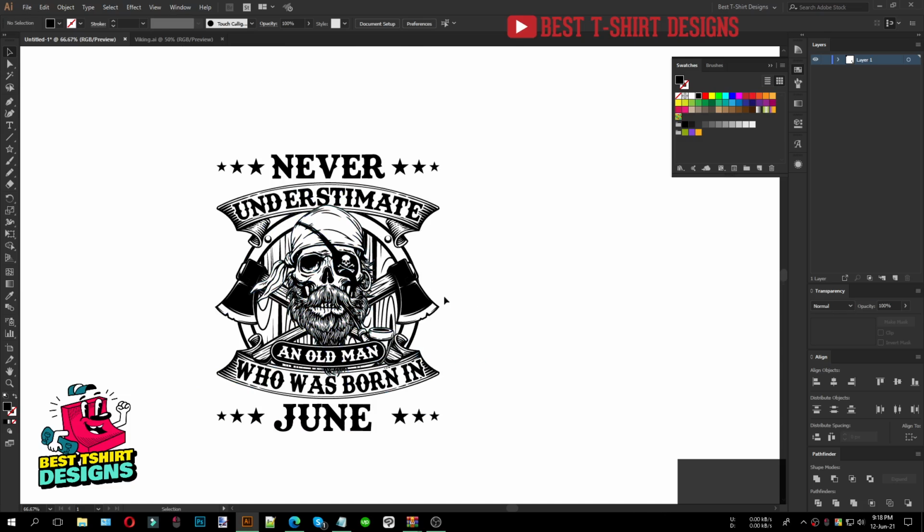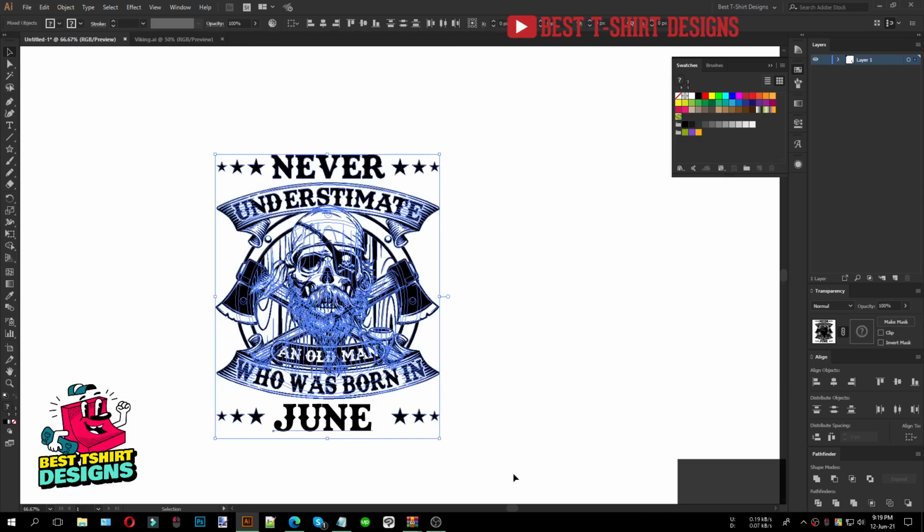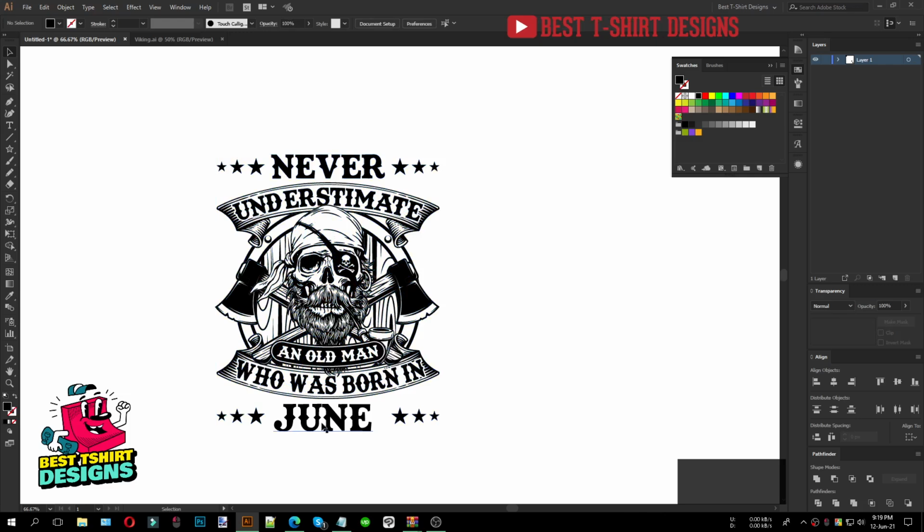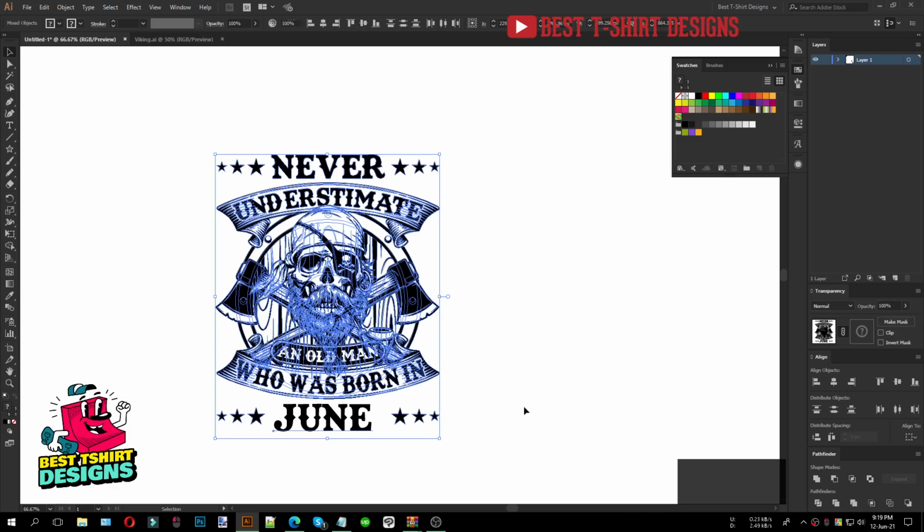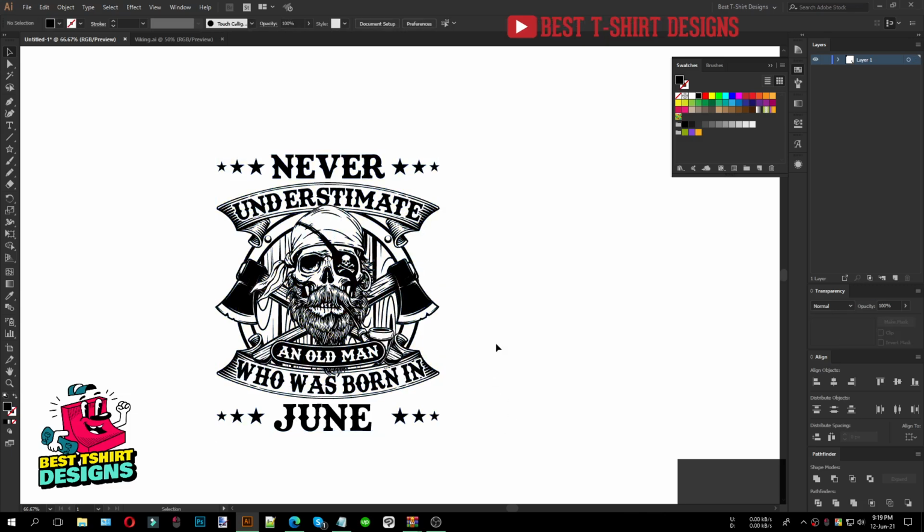For this area I can simply put some other stuff to fit it, but I don't want to do that right now because this is a custom design and I'm going to make too many changes on this, because the name of the month will change. I have to make lots of files for them, and that's why I want to just keep it as simple as possible. So that's it for this one.